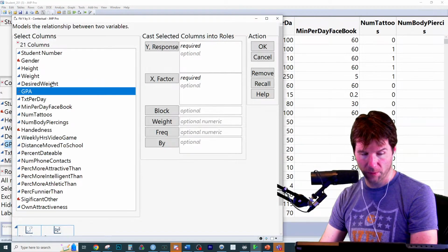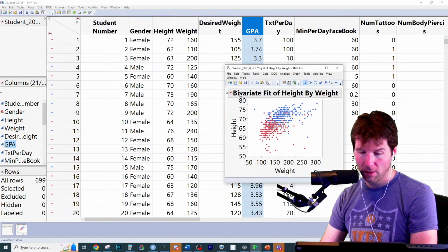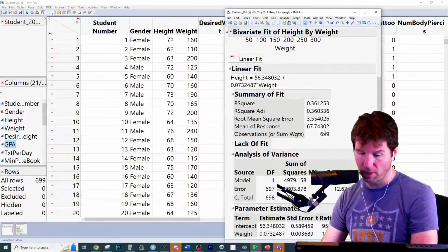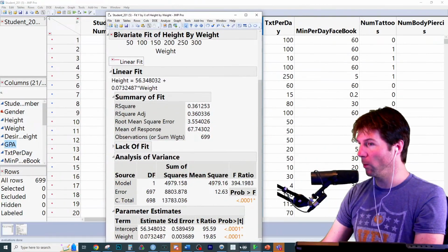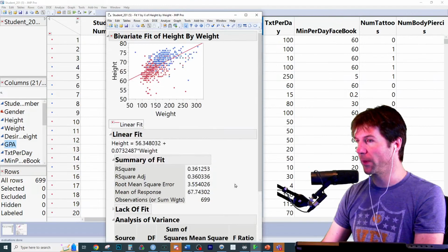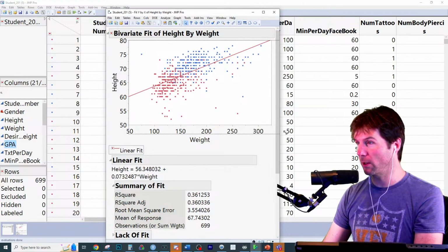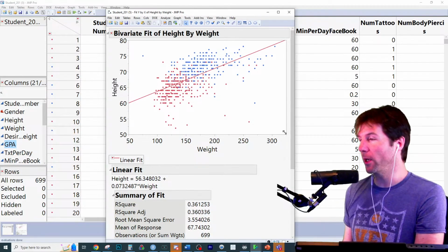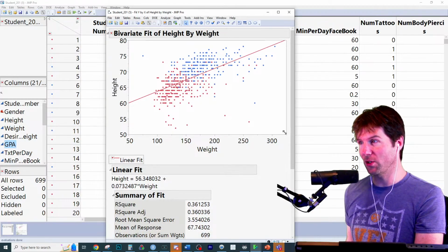Let's take a look at this example right here. We've got weight explaining someone's height. So it's actually male and female data right there. There is a statistically significant relationship between weight and height. This goes back to regression. So does gaining weight cause people to get taller? Now you might say, well, when you gain weight, you generally get taller. But think about this. Does gaining weight cause you to, right?